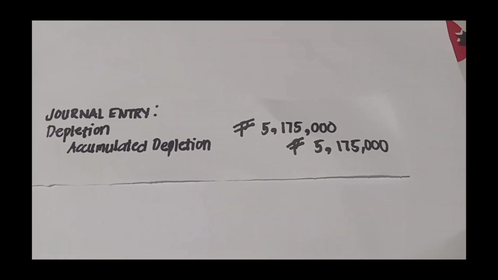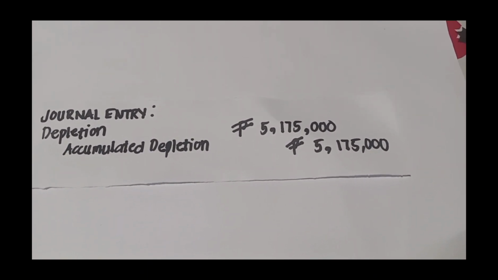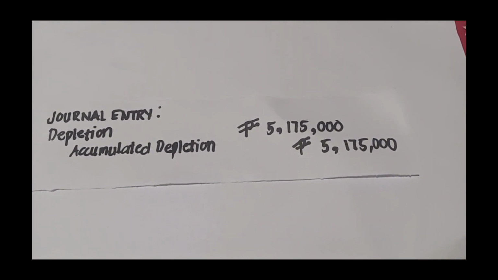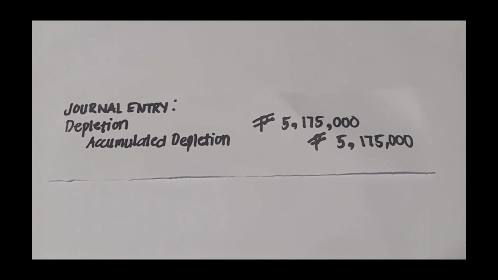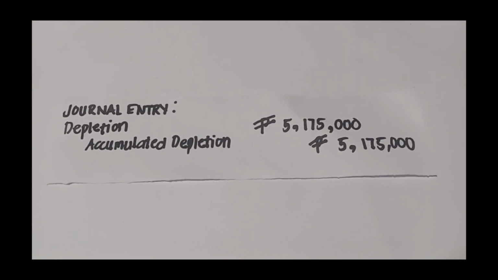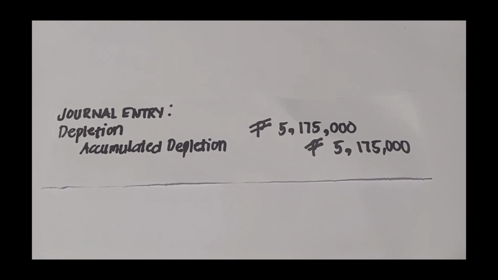5,175,000. Journal entry na pod ni. Kung depletion, kay mura ra pud ni siya og depreciation, naa tay depreciation ug accumulated depreciation kay asset man pud ni siya pero lahi siya na kind of asset kay wasting asset man. So ang journal entry sa depletion, debit ta og depletion 5,175,000 and of course accumulated depletion pod na credit na